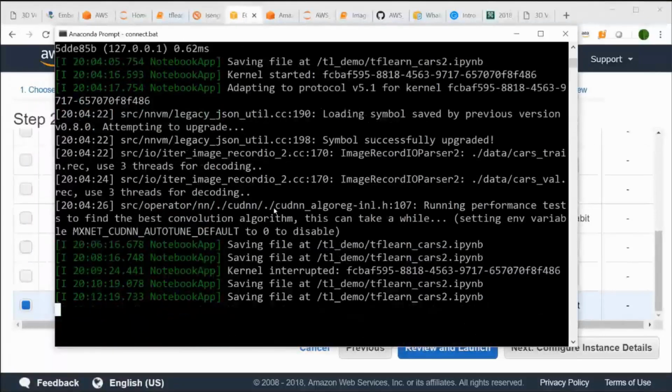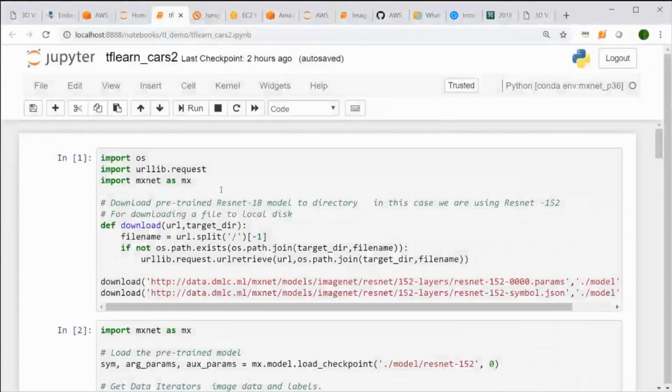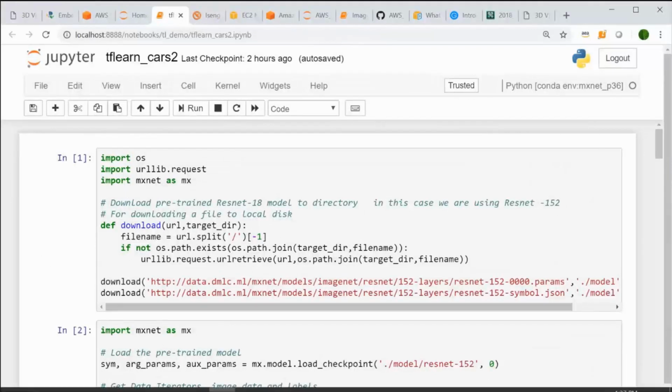And I already have a couple of notebooks running. If you run that, you're going to go to the browser. I'm actually running this remotely through the SSH connection.